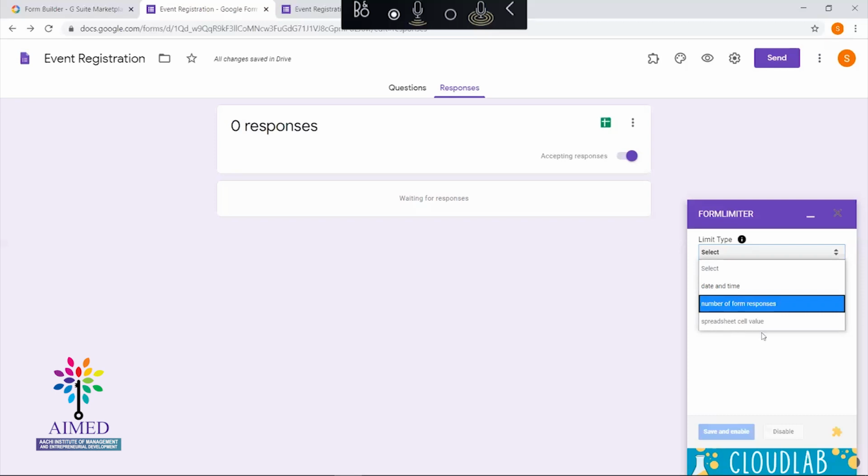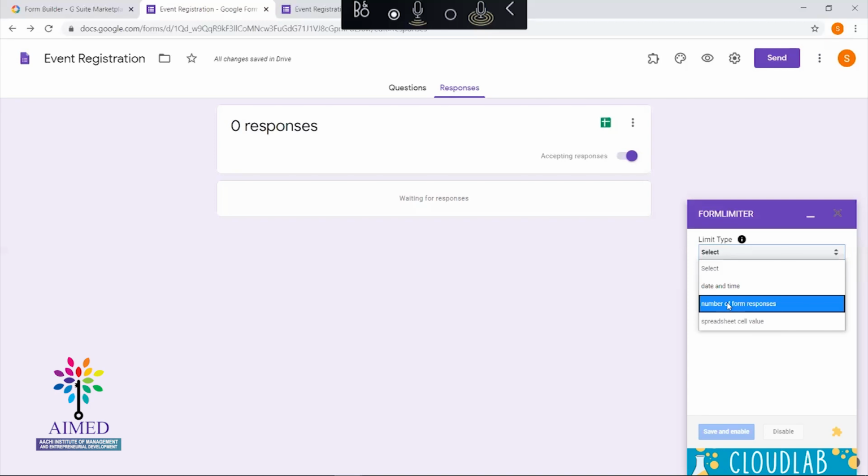That is, a particular cell value in that spreadsheet can be calculated, and based on that validation you can limit your responses. Let's say in a family there are 3 members, and finally the limit for that particular registration is 100 members. For one response itself you will be having 3 members, right? In that case you cannot limit the number of responses, but you have to limit the number of members associated to those responses. That can be achieved using spreadsheet cell value.